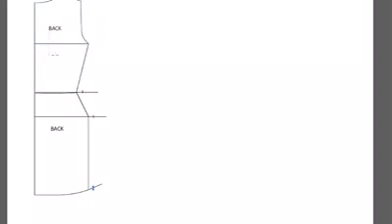And then join the points starting from the armhole corner in this way. This will give you a straight design of the kurti. As I told you before, you can modify it later if you want another design, but this is the basic one. So once you trace it in this way,